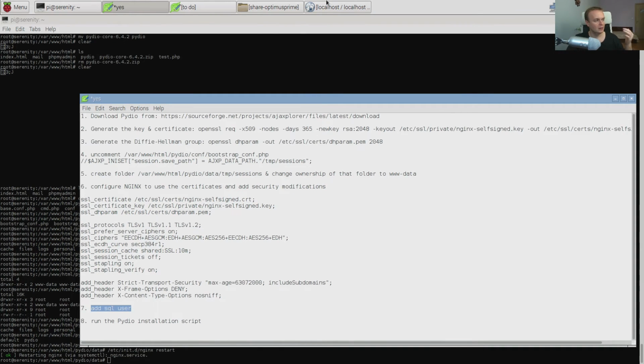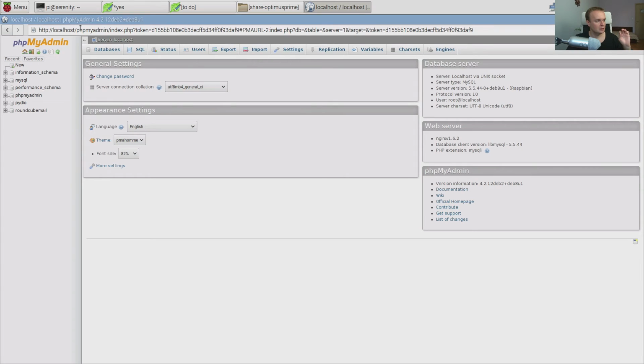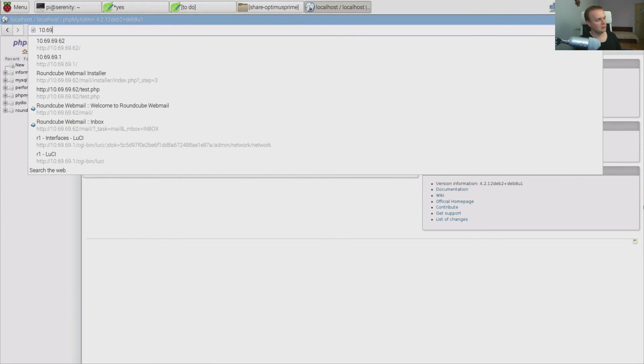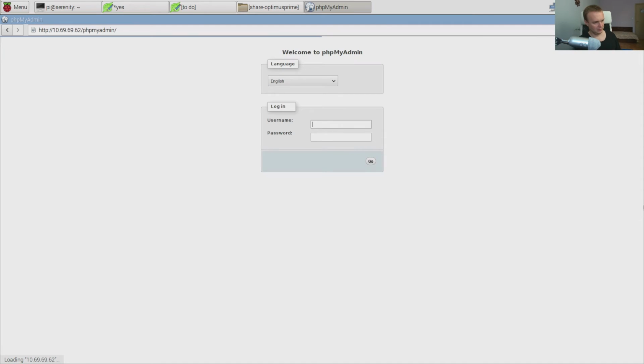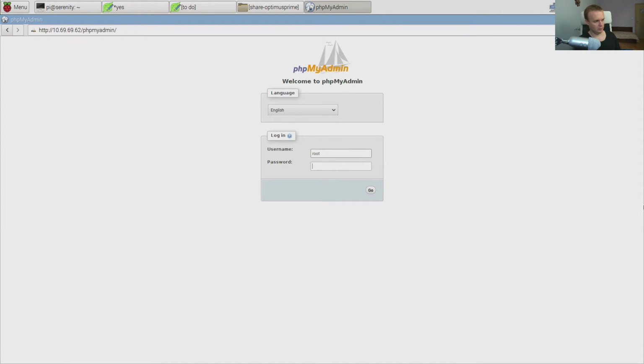And I have opened phpMyAdmin. If you are opening it from the same Raspberry Pi machine, just type localhost/phpMyAdmin. If you're opening phpMyAdmin from another PC, from a Windows or a Mac PC, just type the IP address of your Raspberry Pi machine. So my IP address is 10.69.69.62/phpMyAdmin, and you should open phpMyAdmin like this. Type in your username, type in your password,